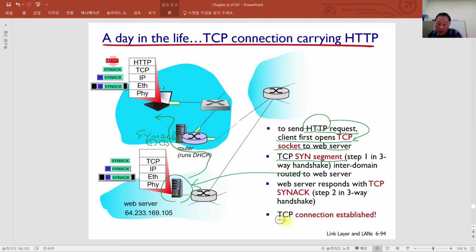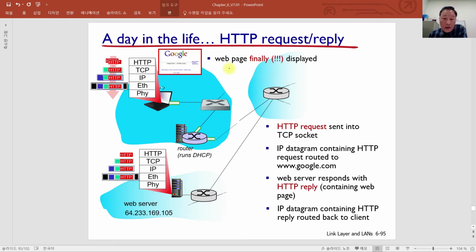And finally, the TCP connection will be established. Thus, after establishment of that connection, we can send that HTTP request message. Okay. Next step is here. The HTTP request is sent into that established TCP socket, and the IP datagram containing the HTTP request is routed to google.com, this web server,